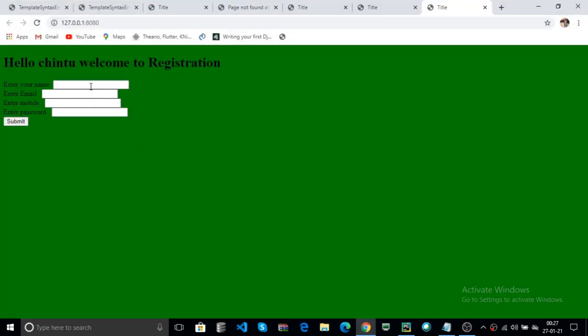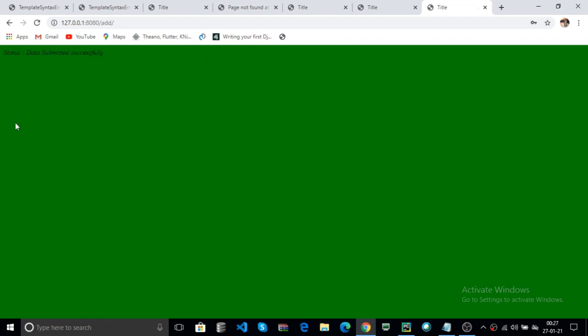Now the username is for example Chintu. Enter email ID, for example python@1234. The mobile number is any mobile number. Your password, you can enter any password and hit submit.